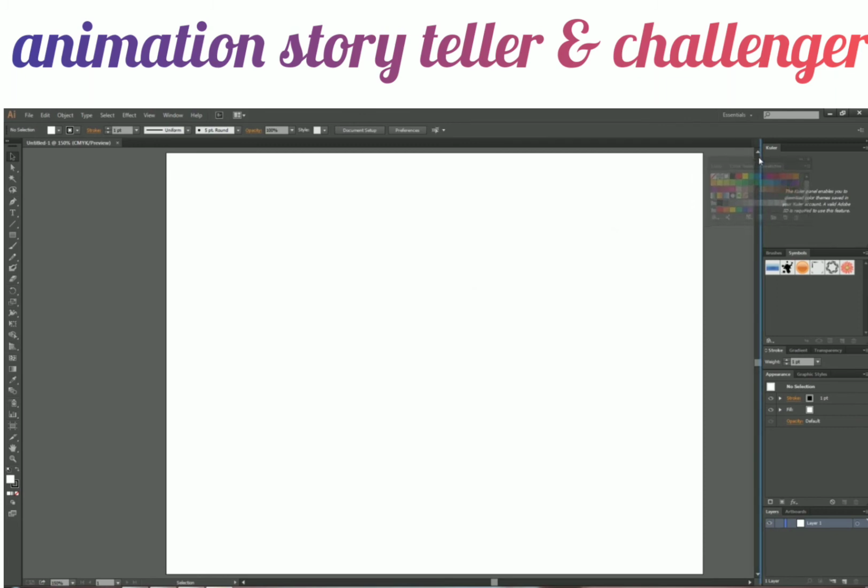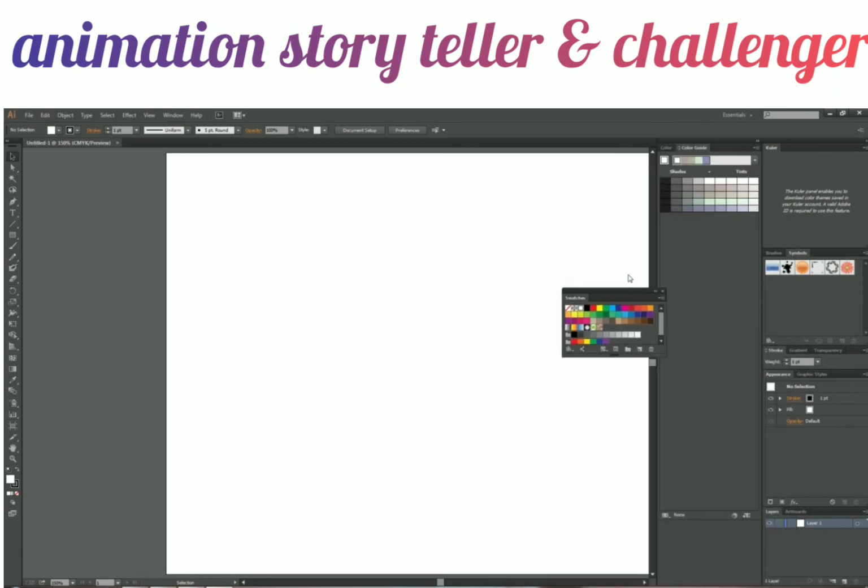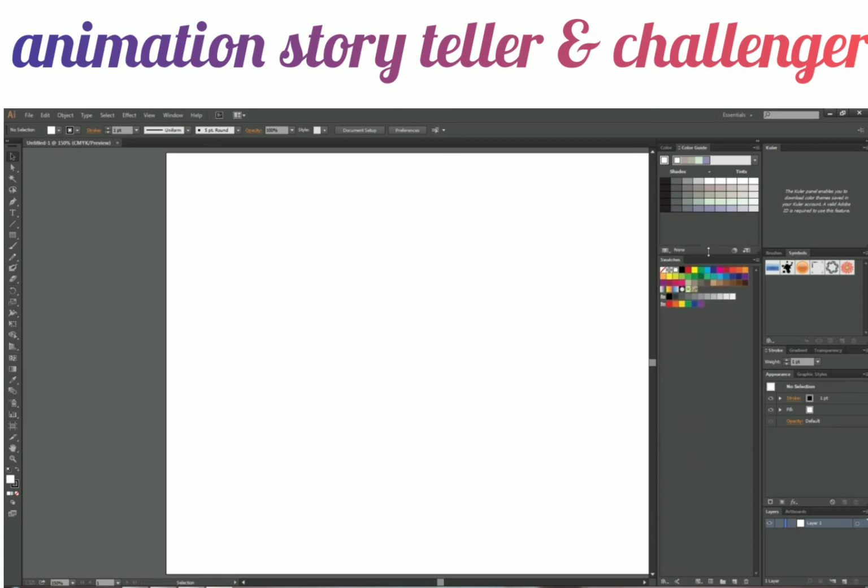And I can even go and dock it over here, and I get a separate panel for these three only. And I can just drag this out here, and put it over here. Yeah, so I have these two panels at the same time now. Now I can go through color guide, and I can go through swatches. That makes it more convenient for me to see the color and what all the color options I have for that color. So it all depends on you. How do you want to customize your workspace?